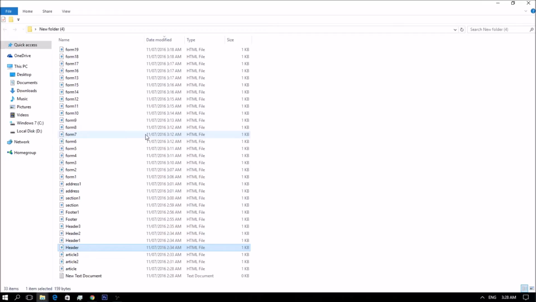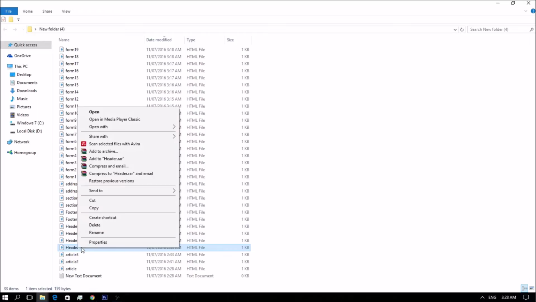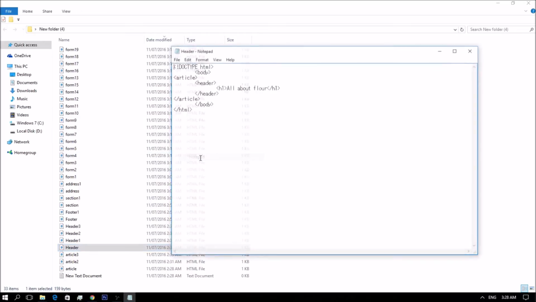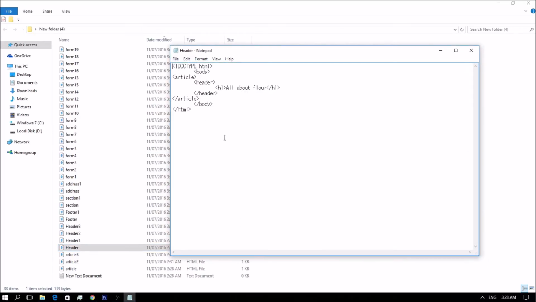Firstly, you need to know that the header element does not introduce a new section. It is the head of an existing section. Secondly, you must not confuse it with the head element. They are two different elements. So you can have two header elements on the same page.